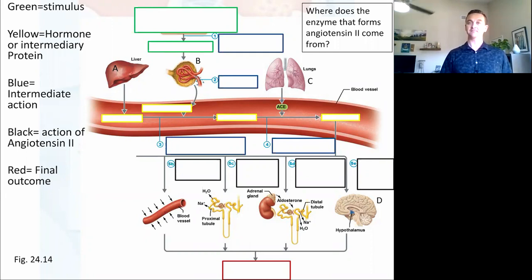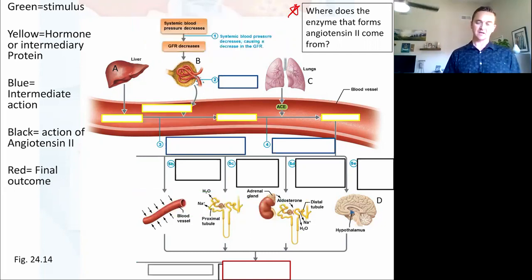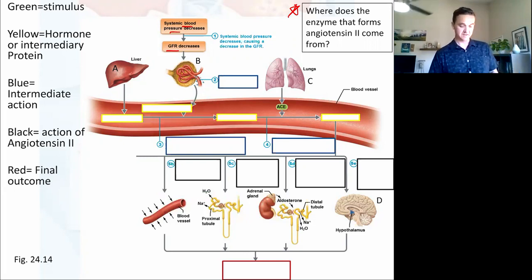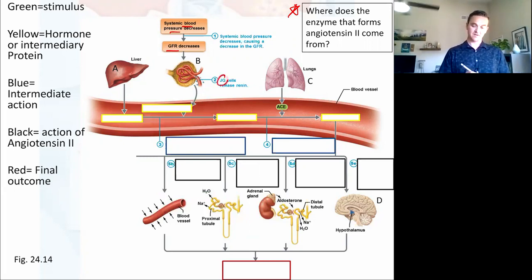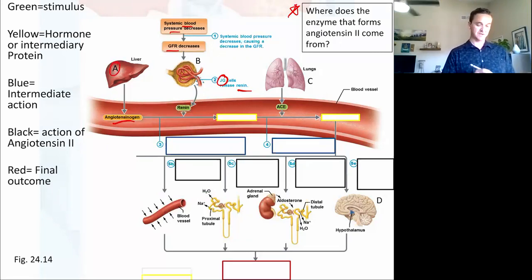So I would encourage you to pause it, see if you can fill this in, and then come back and also see if you can answer this question up here. Okay, so let's start with the stimuli. Stimuli are decrease in blood pressure, which decreases GFR, which is going to be sensed by those kidney cells that we were just talking about. Those juxtaglomerular cells release the renin, right? Renin's released, and then we see there that the liver is the one that's making the first protein, angiotensinogen. Remember, that's just always in our blood. If it interacts with renin, like it is here, then renin turns it into angiotensin I, and then angiotensin I